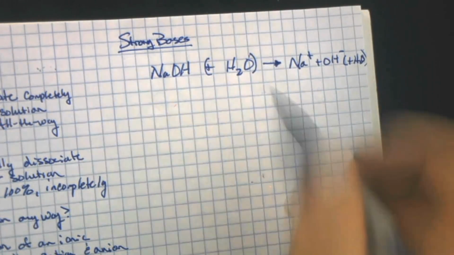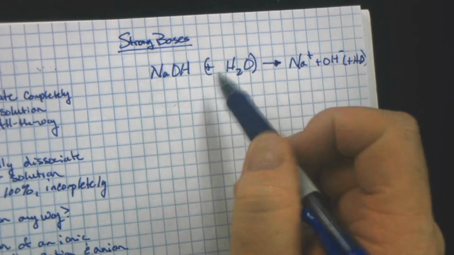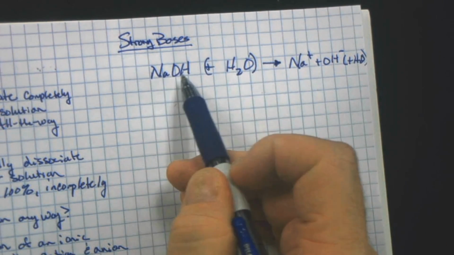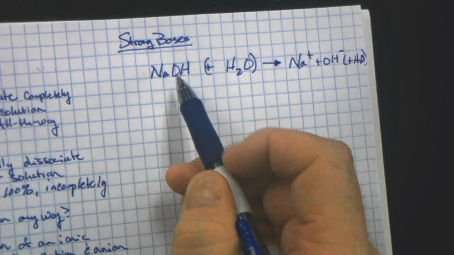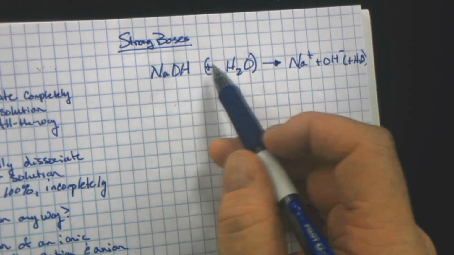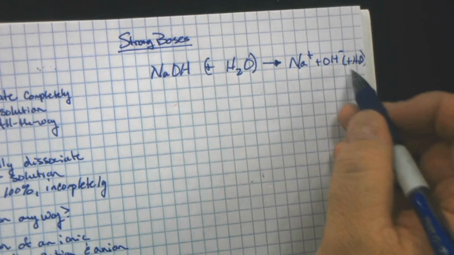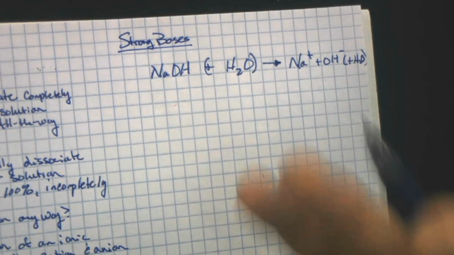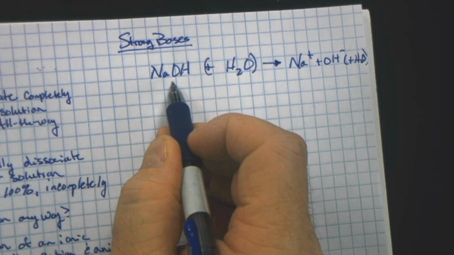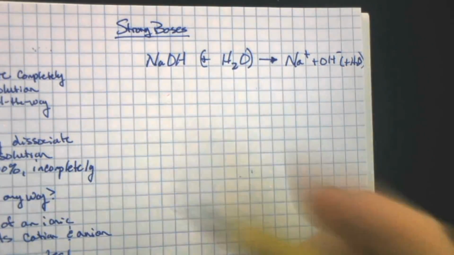The reason I have the H2O put in parentheses is that it needs to be there in order to dissociate the sodium and the hydroxide. Sodium hydroxide is a strong base. It needs to be there to dissociate, but we're not taking one of the protons away from the water to create the hydroxide. The sodium hydroxide brings it with. And because it completely dissociates,